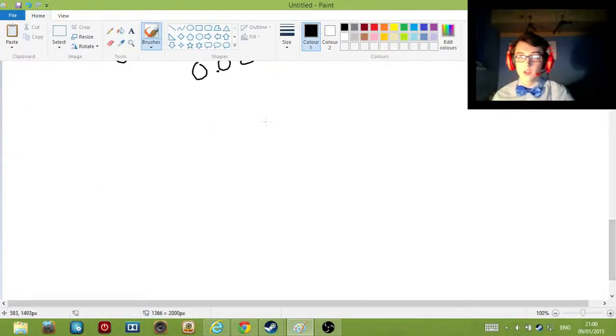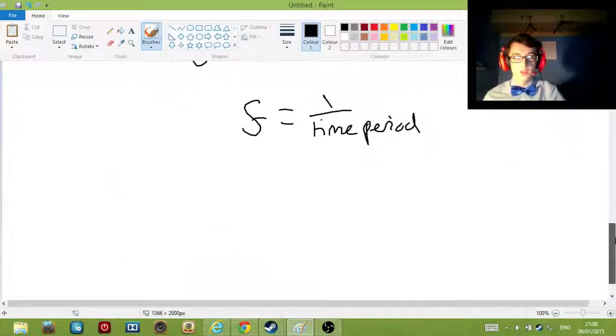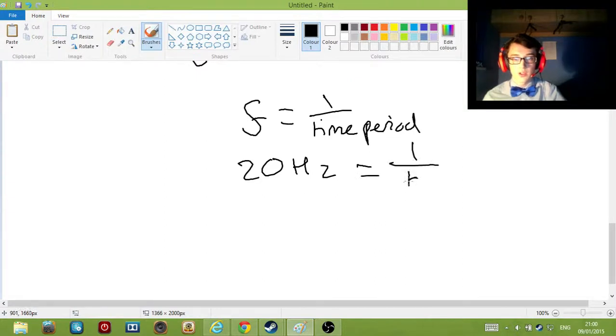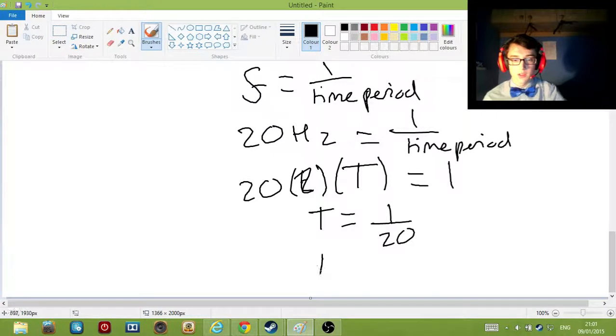The other equation, frequency equals 1 over time period. Let's say we had this frequency 20 hertz here, and we want to find out the time period. We would just say that 20 times the time period, we'll call this t, equals 1. So this must mean that t equals 1 over 20, which you would know is